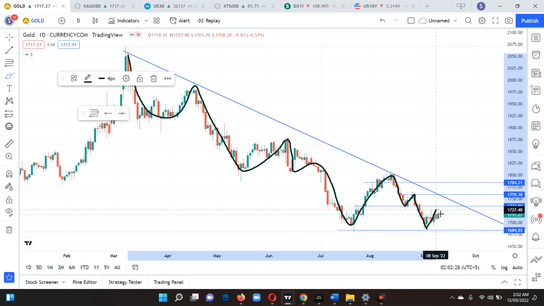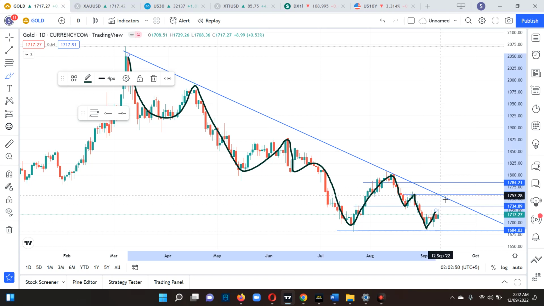If it could be the lower high, then in simple rule of trading, if the market breaks the 1735 area, or I would say if the market breaks 1740, then it could be a possibility that 1750 or so will be the area from where we can see the rejection.